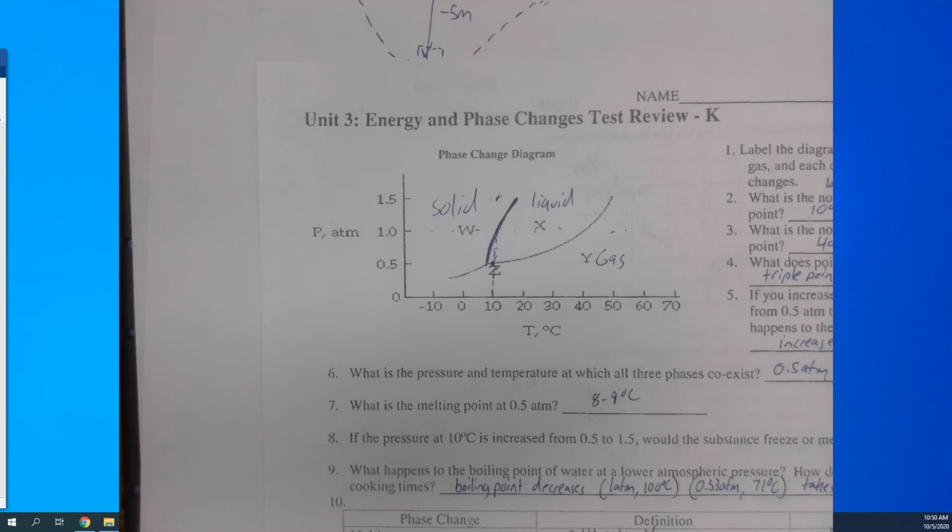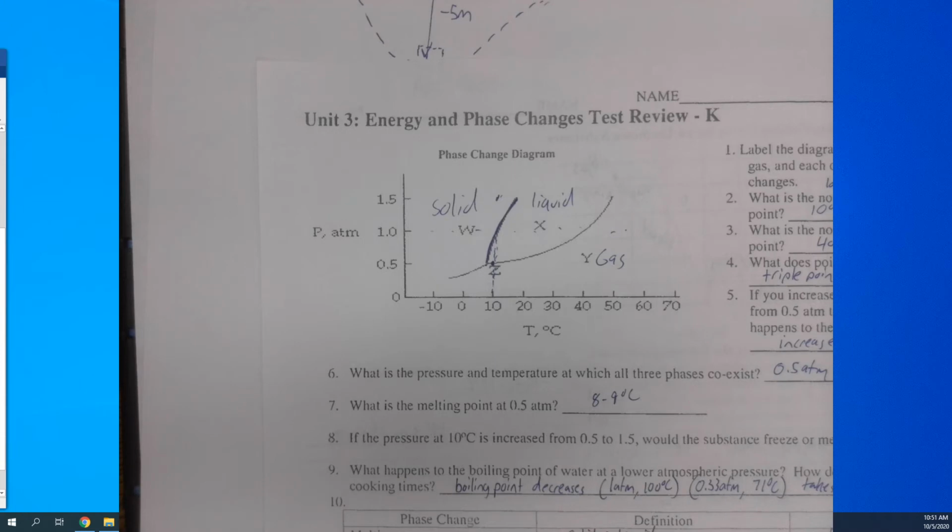So I'll ask you to figure out what the gas phase is, what the liquid phase is, what the normal melting, normal boiling, triple point, and critical point are. I ask you to find the triple point from the diagram, and what letters on a heating curve correspond to solid phase, liquid phase, just what we did here. I'll ask you what solid to liquid phase is. What's that called? What phase transition or phase change is that? Solid to liquid is melting.